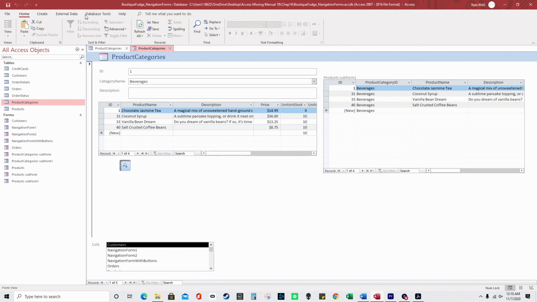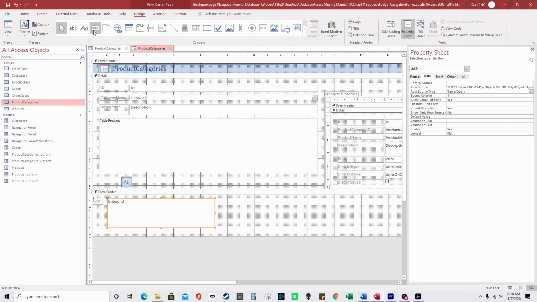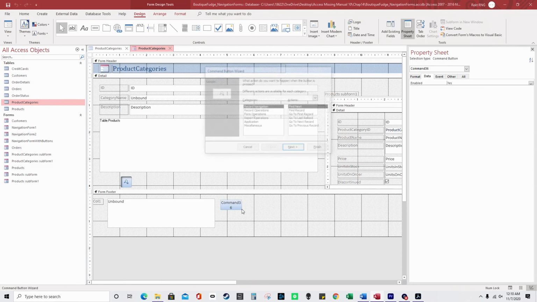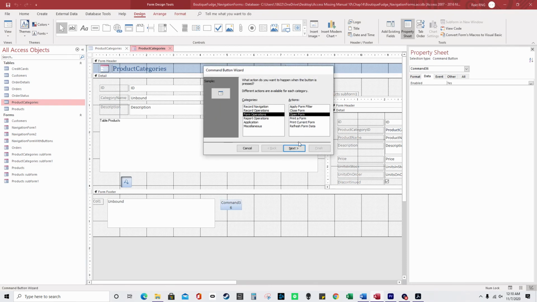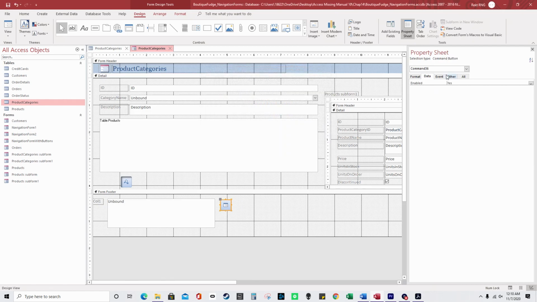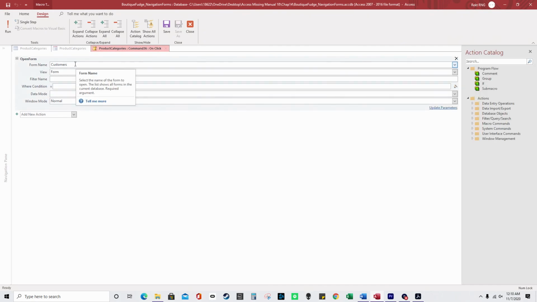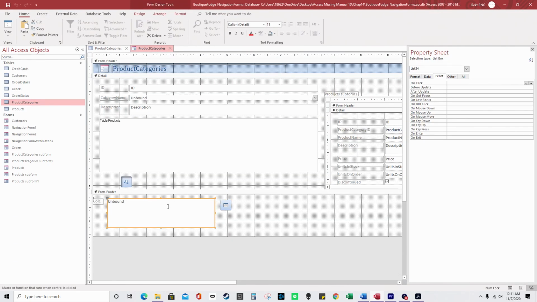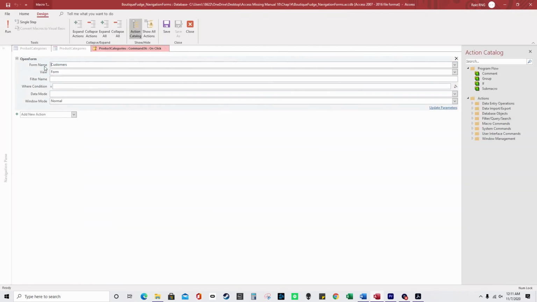go to the command buttons we just did, so design view and command buttons, I'm going to put something right here, and it's going to go to form operations, open form, next, and finish. And then I'm going to actually go to the event, and I'm going to open this up. So instead of it opening up form customers, I'm going to type, actually I forgot what the list box is called, so I'm going to close that. So the list box is called list34, so you open up this again, command button, and you go to